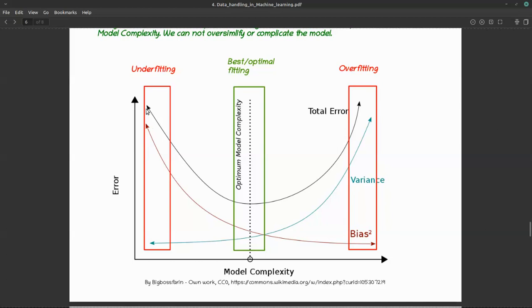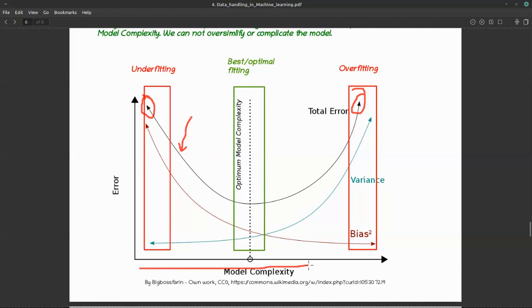If you add everything, you will get this graph, this black graph. This is the total error. If you go here, variance would be high, bias would be low, so your total error would be high. Here bias would be high, variance would be low. So you need to find this sweet spot, not this one, because we are also adding some error value. So this would be my sweet spot, that is the best fit or minimum error that I'm making.